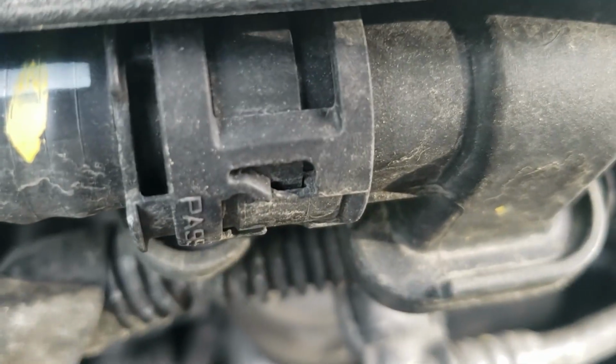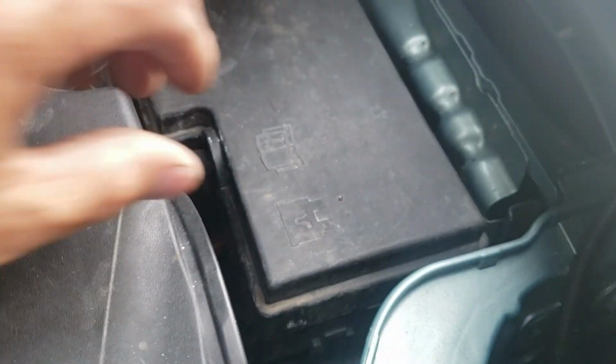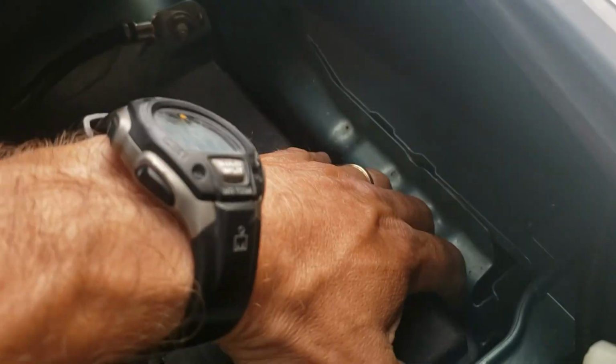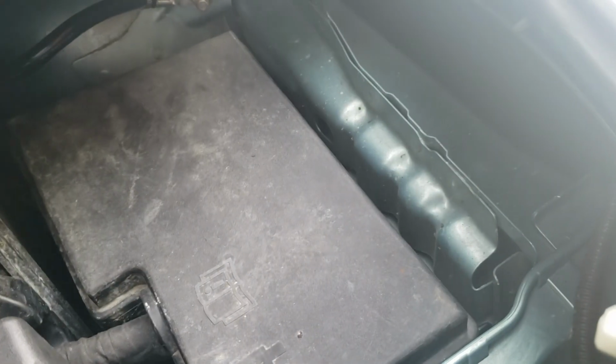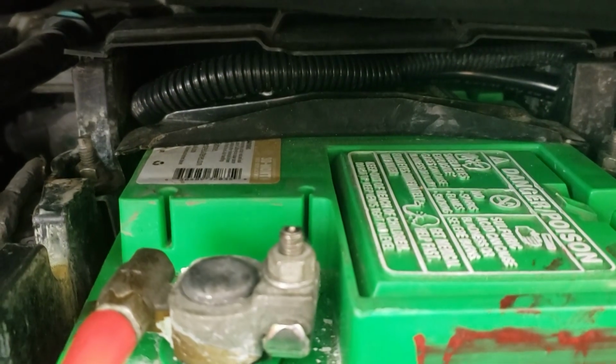The throttle body's definitely clickety-clacking on and off. Trying to see what else is clicking here. I had this thing running, it's a little bit of a heat soak with AC on a hot day. I've just been back there. We got a brand new negative battery cable here and